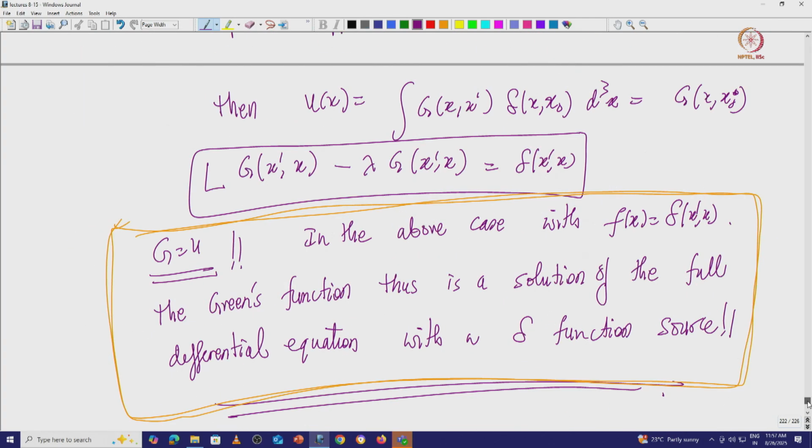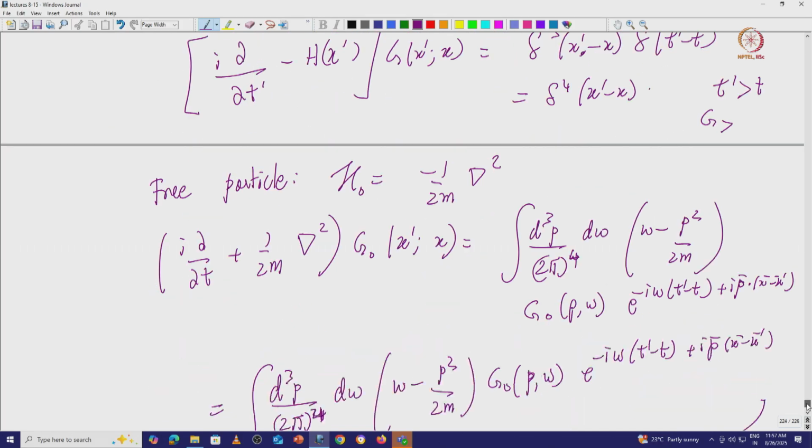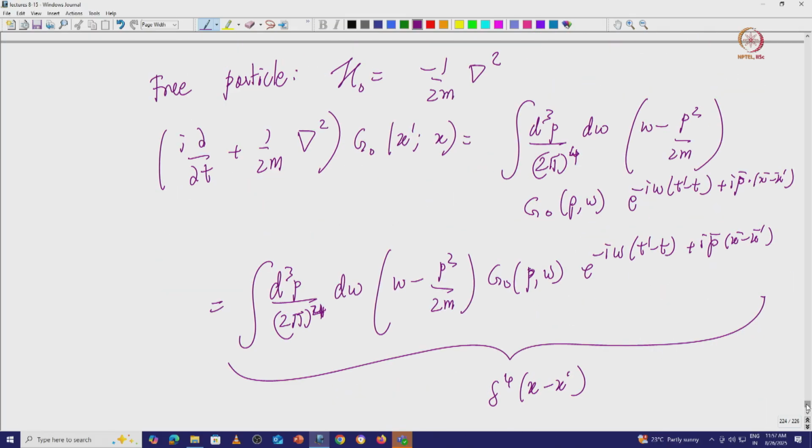How did we derive it? So we put in a delta function on the right hand side of the Schrodinger equation and started solving it. For the Schrodinger equation, we put a delta function source and simply re-expressed everything in terms of momentum space. In the momentum space the delta function is given in this particular fashion essentially. We use the step function for the delta function, and this gives me the Laplacian and everything we wrote explicitly in terms of